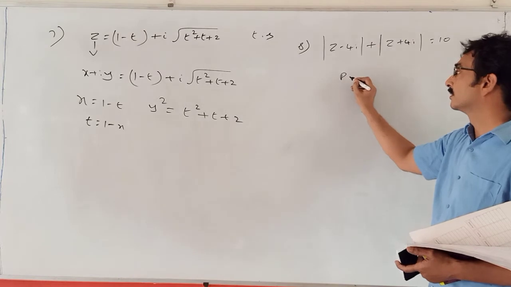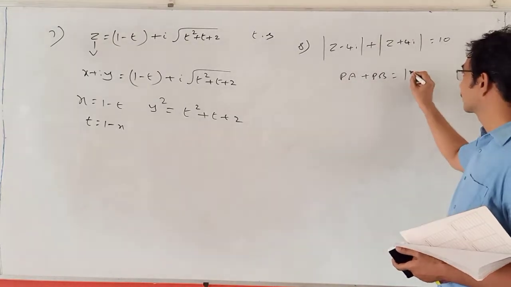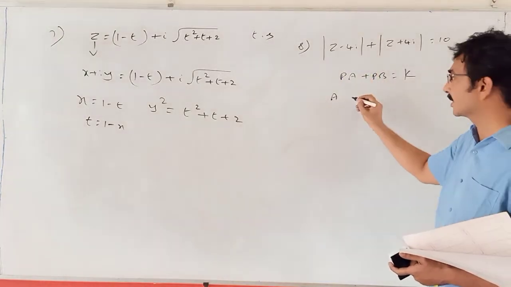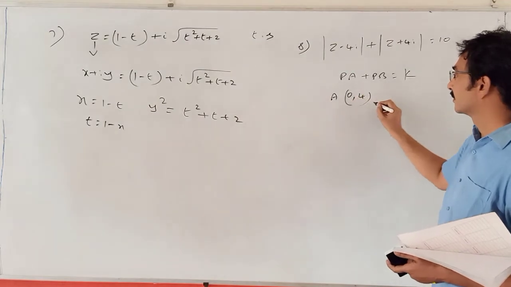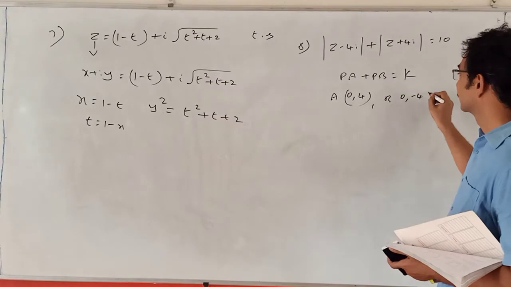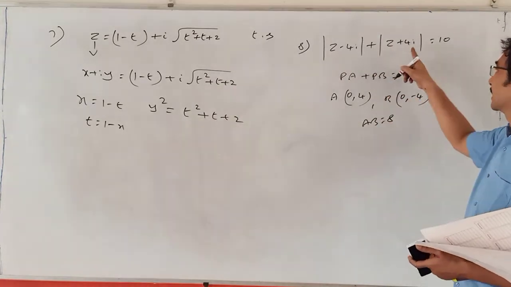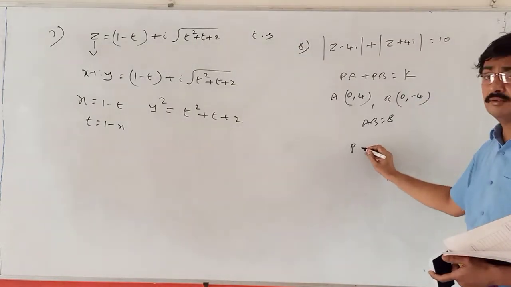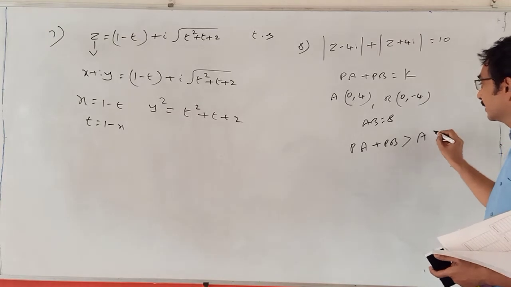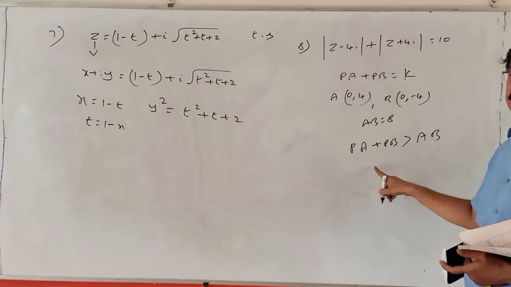See, PA + PB equal to some constant 10, where point A is (0, 4) and point B is (0, -4). What is AB? 8. What is PA + PB? 10. And from the condition PA + PB greater than AB, the locus of P is...